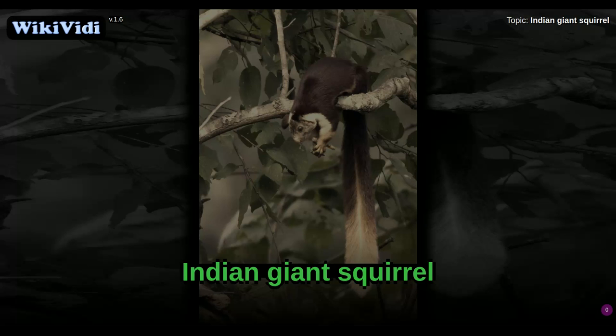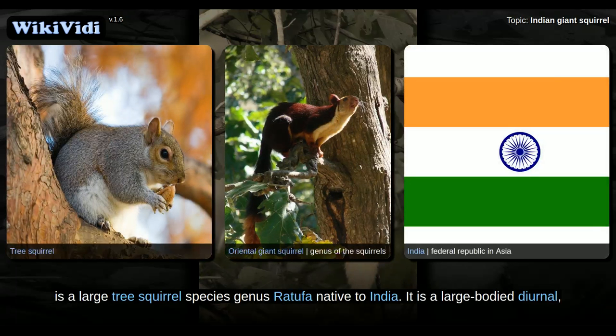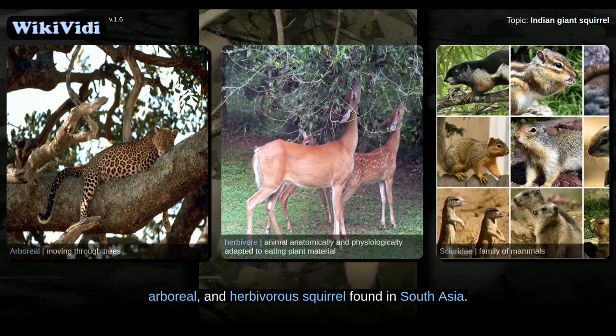Indian giant squirrel. The Indian giant squirrel, or Malabar giant squirrel, is a large tree squirrel species of the genus Ratufa native to India. It is a large-bodied, diurnal, arboreal, and herbivorous squirrel found in South Asia. Description: